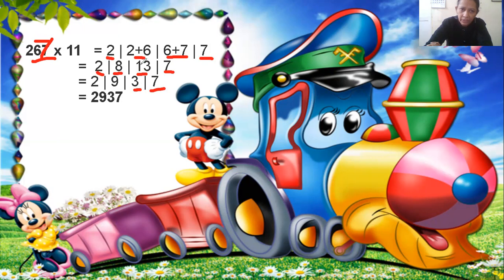What will you do with this 1? You will add this 1 with this 8. So what is 8 plus 1? 8 plus 1 is equals to 9. So you will write down here 9. Now put a slash. You will write down 2 as it is. Now you see in this line, all the numbers are single digit numbers. So this is the final answer you have got. Now let's do some other question. Now I will tell you some more questions.